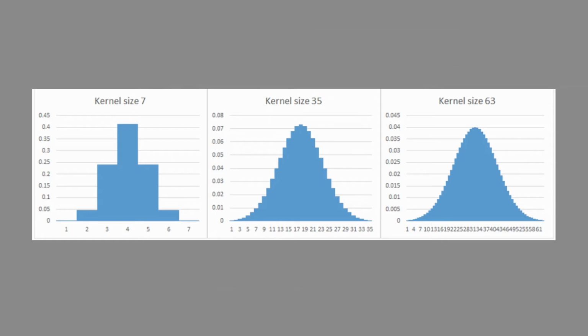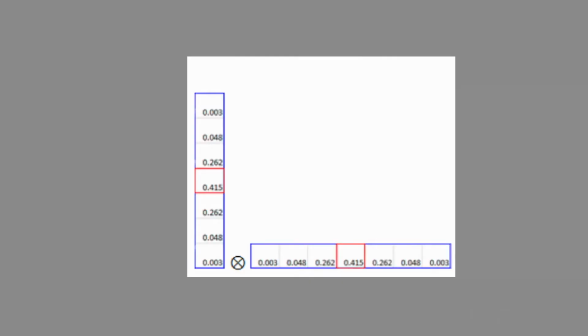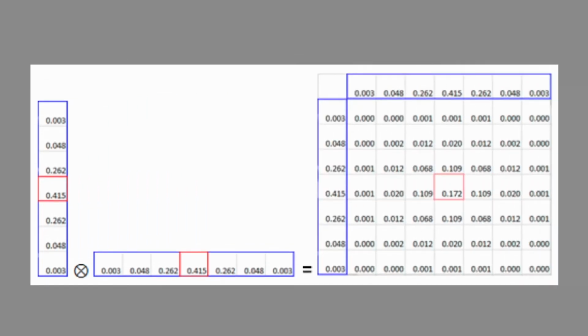The problem with this approach is that the complexity grows exponentially with the kernel size. However, this can instead be calculated as two vectors, which means the filter can be done in two passes, horizontal and vertical. Each pass has a complexity equal to the kernel size rather than the square of the kernel size. This greatly reduces the calculation time while arriving at the exact same result. It is useful to note that this algorithm can be used for any other convolution filter, such as edge detection